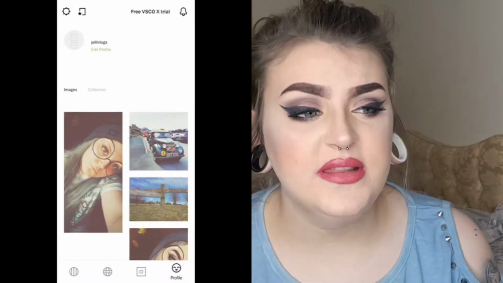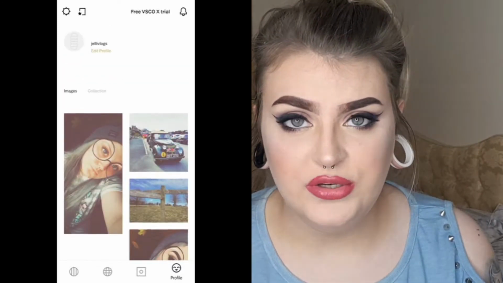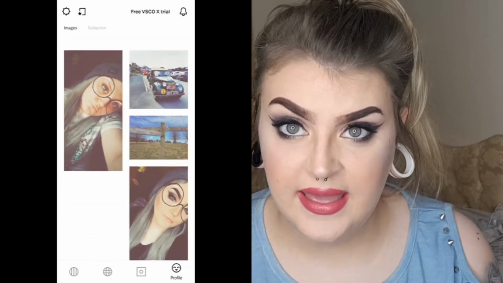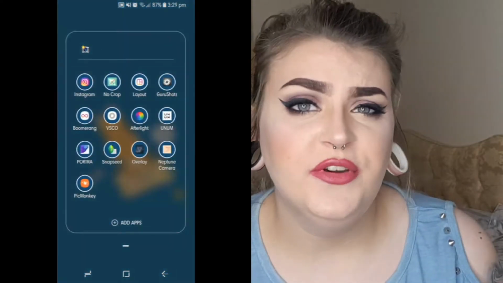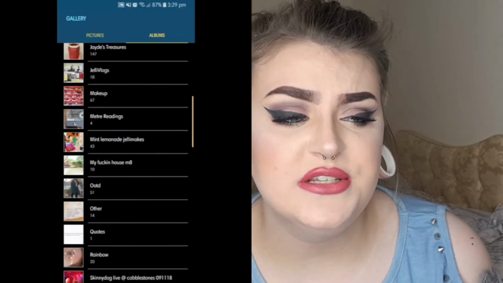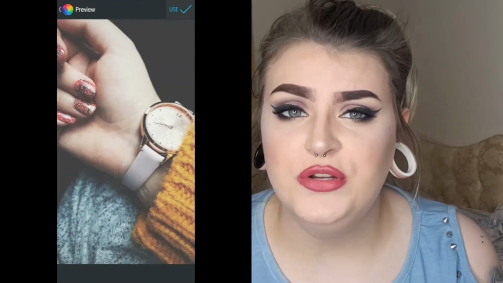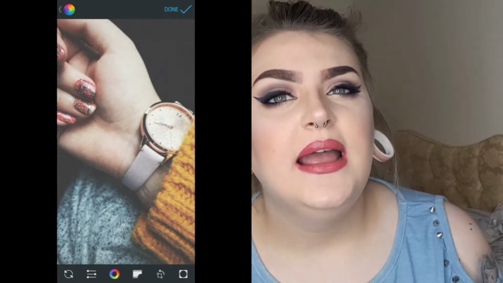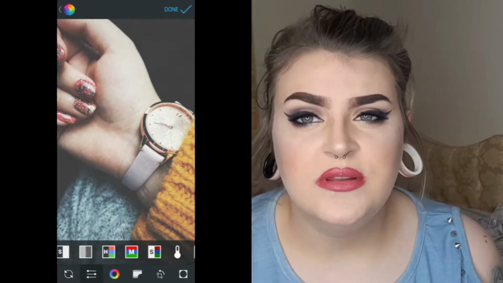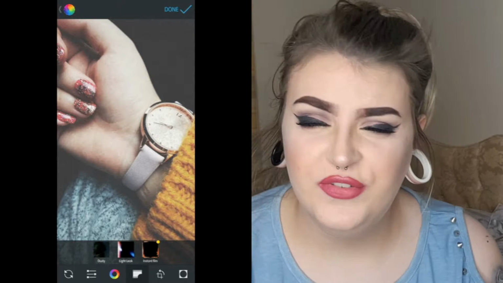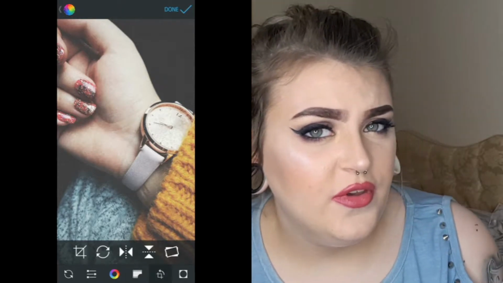And once your photo is saved, I then upload it to my second favourite editing app, which is Afterlight. You can choose a photo directly from Instagram, or you can upload it from your camera roll, which is what I do. And then it adds another layer onto the photo you just edited in VSCO. And I like using the dusty sort of tools. As I said before, I like bringing a vintage vibe to my photos,